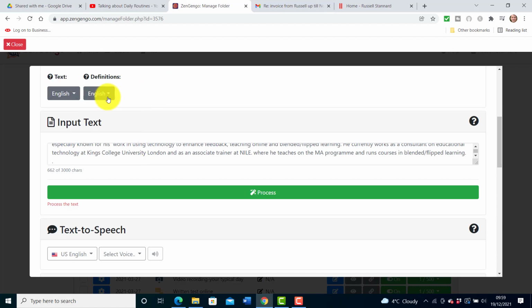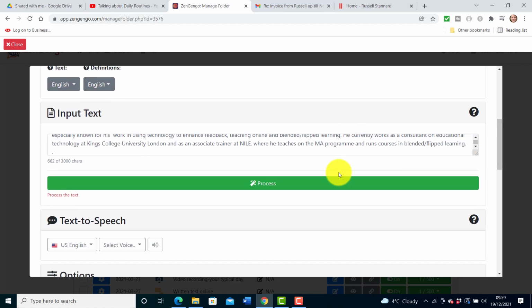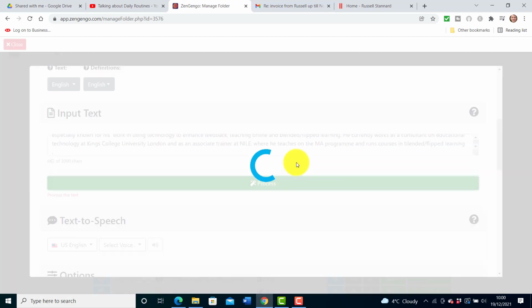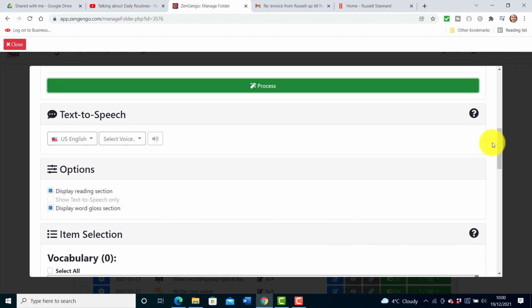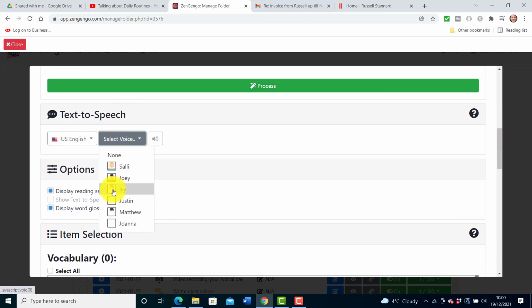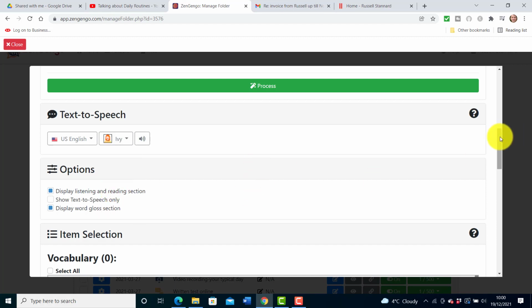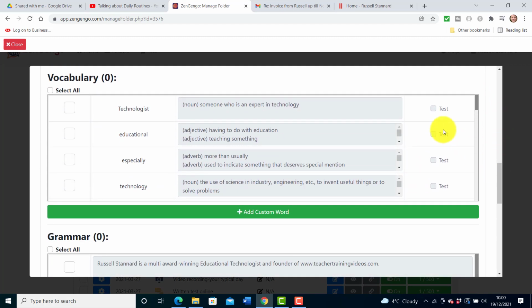So what I'm going to do this is English to English, and I'm going to click on process, and this is really powerful because what happens now is it says to me, okay, first of all, do you want this text read out? Well, yes, I do. So I'm going to choose Ivy to read the text out for me. And then it says, well, what vocabulary do you want to work with? Well, I'm going to choose, for example, technologist, and I'm going to choose especially, and I'm going to choose,